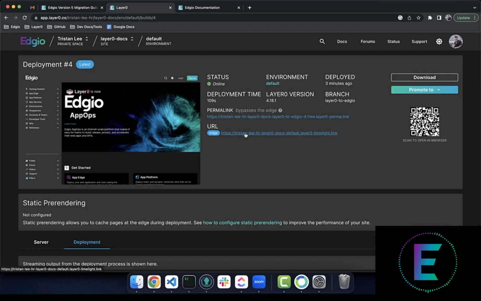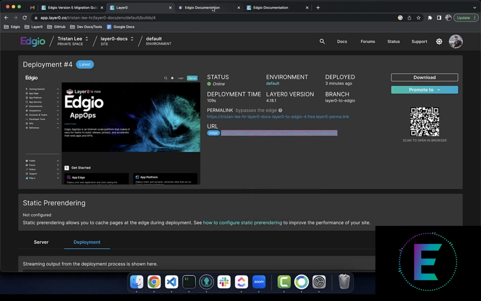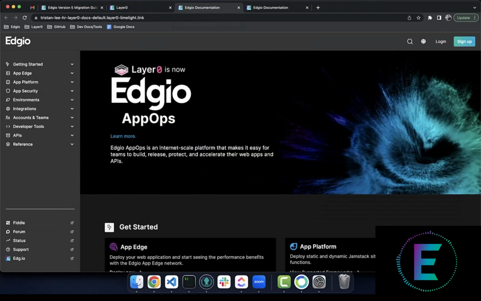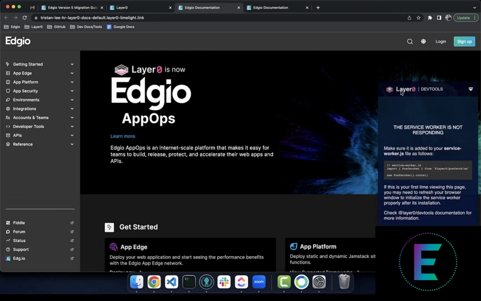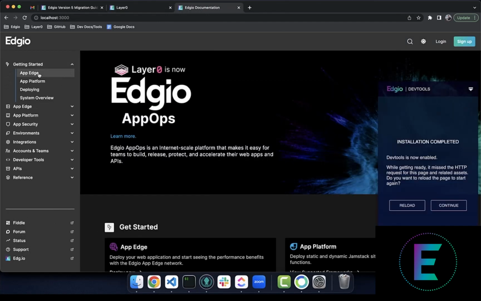Let's look at where my current deployment on version 4 is. So you can see down here the dev tools on the old version 4 of Layer0. We are still branded Layer0. And on our new example here, we have Edgio. So everything appears to be